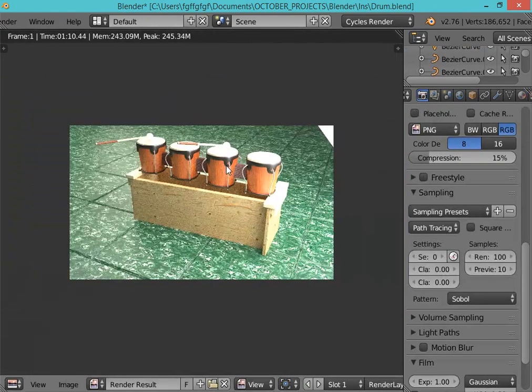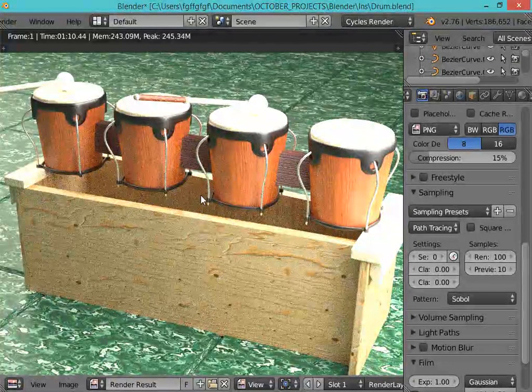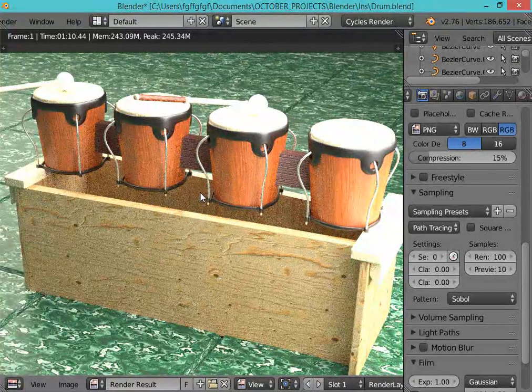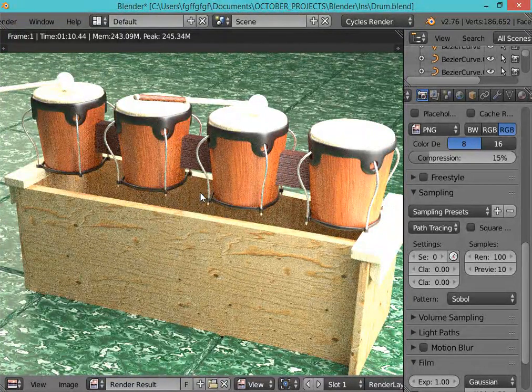So this is the final render of our scene. I hope you enjoy this tutorial, and in the next part we are going to discuss another model. See you in another